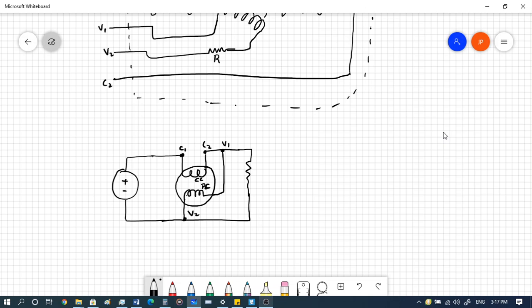Now here what we can see is that our deflecting torque is actually equal to IF, let's say this is IF, and the pressure coil one as IM. So IF into IM into dM by d theta, and the controlling torque can be given as k theta. K is the spring constant with theta as the angle. At equilibrium you will get that k theta